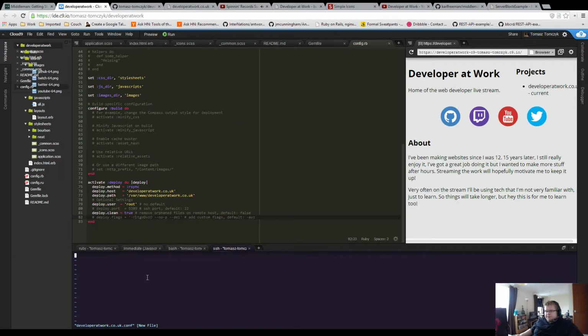Super simple. So I'm using Vim inside terminal, inside an editor, which is quite cool. So I don't want that to be the default server.